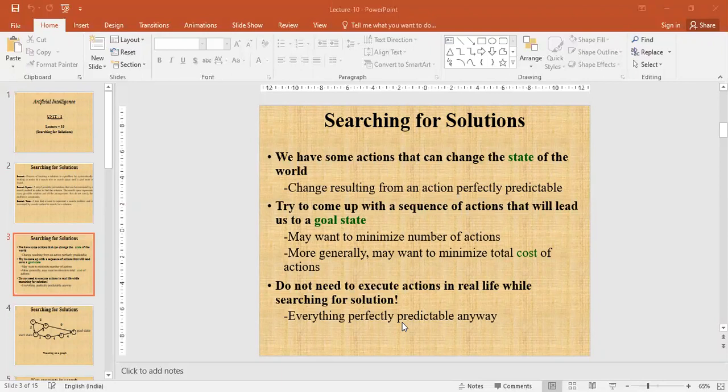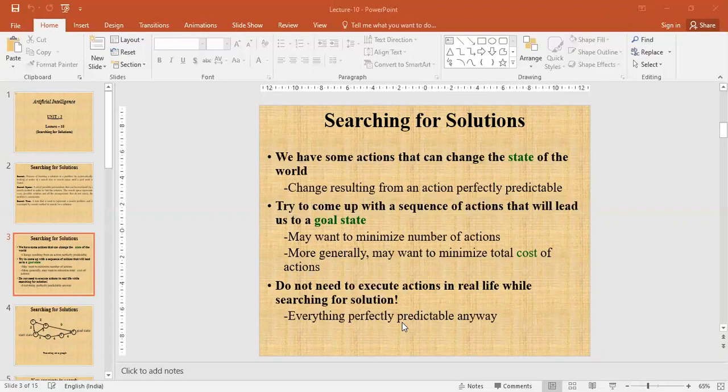We have some actions that can change the state of the world. The change resulting from an action is perfectly predictable. Try to come up with a sequence of actions that will lead us to a goal state. We may want to minimize the number of actions.